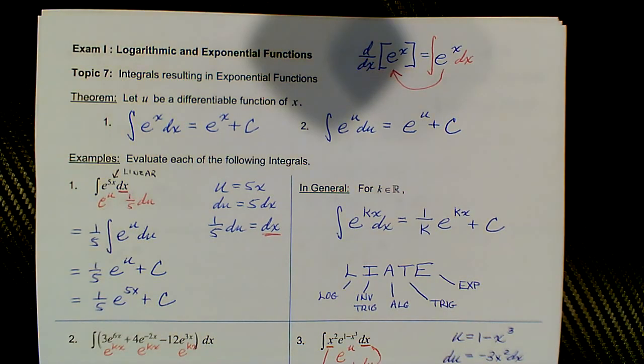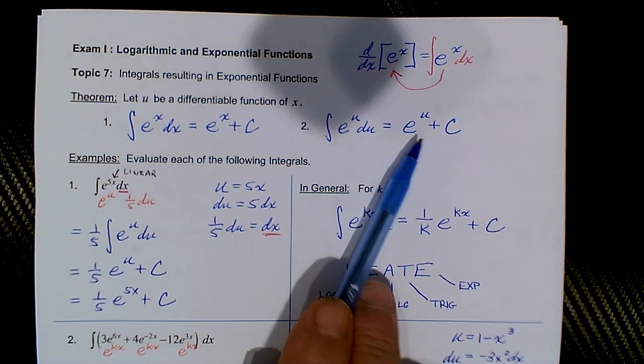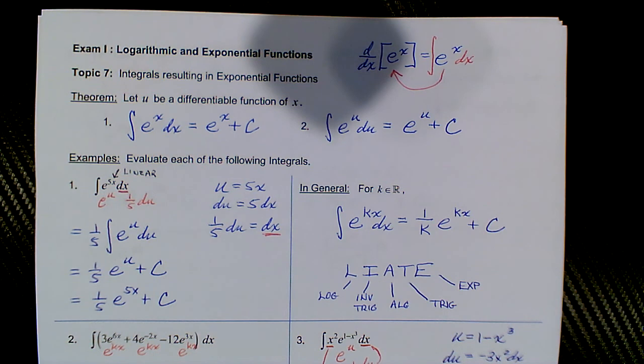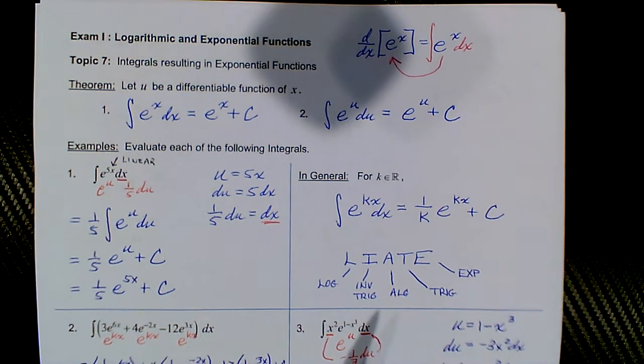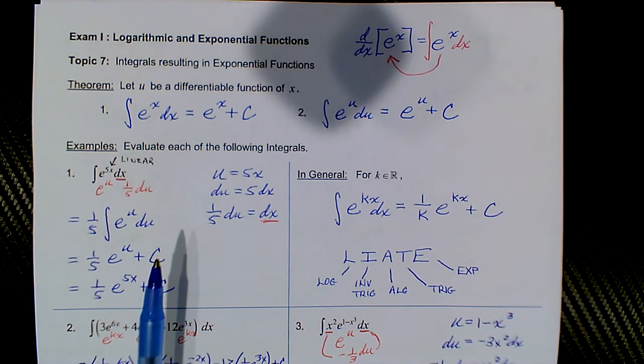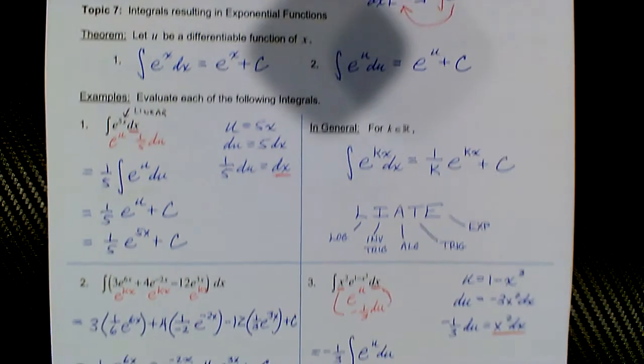Hello everyone. This is part 2 of topic 7 for exam 1, integration involving and resulting in exponential functions. So we have two new formulas. The integral of e to the x is e to the x, and the integral of e to the u is e to the u. We saw the special case where we have the linear argument rule, and so that was worthy of memorizing, but